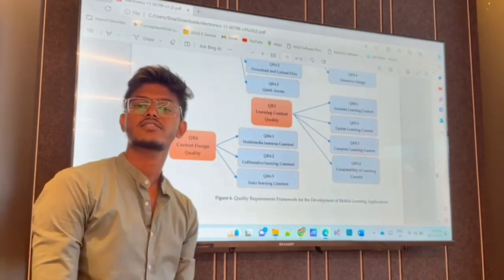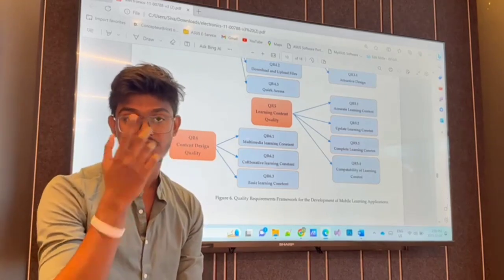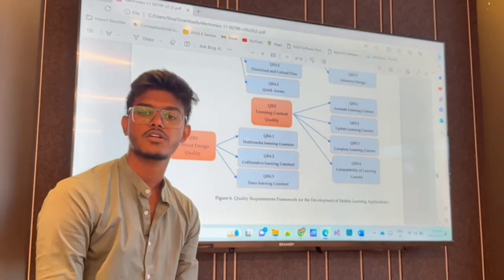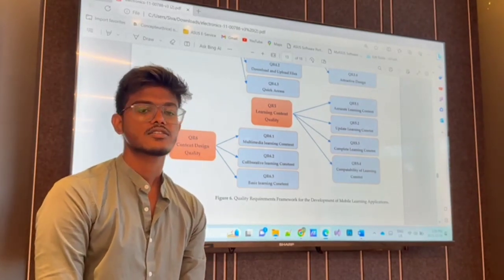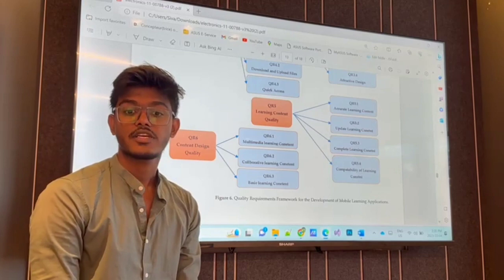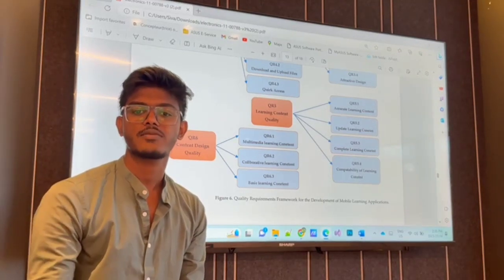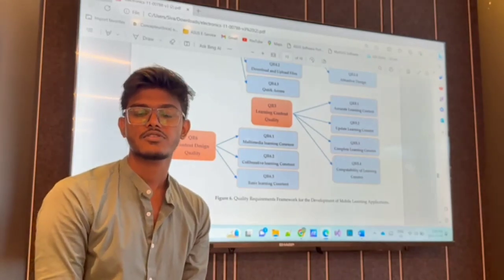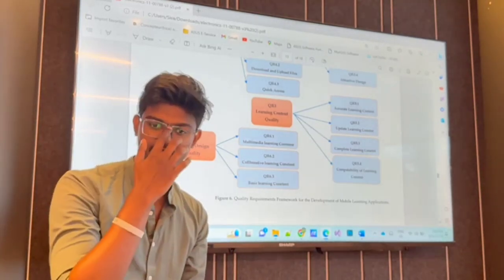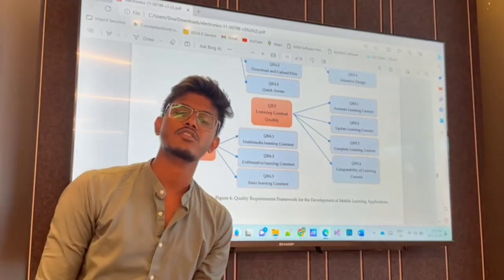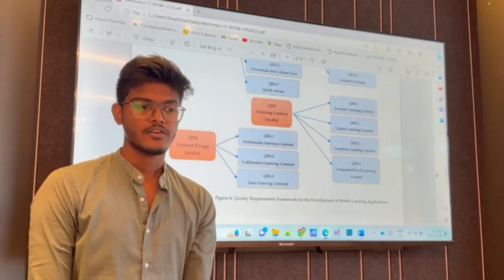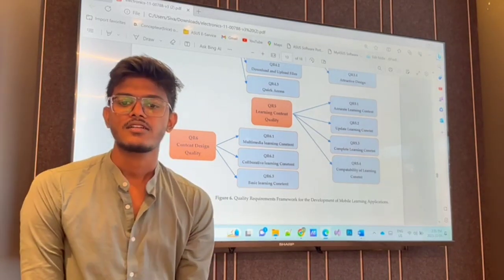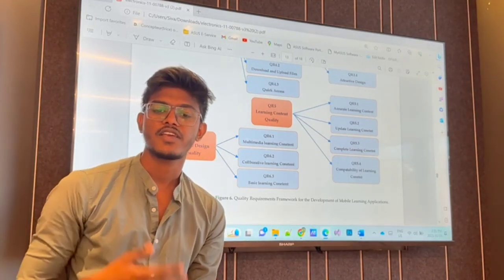Here, up to the content designing quality, it was explained by Sathish previously, and I'm here to explain the stakeholders' perspective. Quality learning content is very crucial as a factor motivating learners to use mobile learning applications. These apps should offer easy access to relevant and diverse learning materials. If you see a topic called learning content variety, a mobile learning app should accommodate various learning